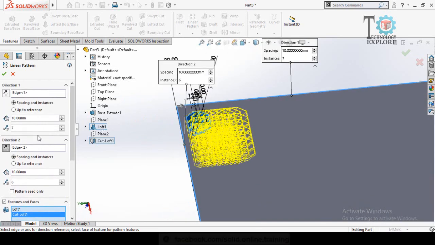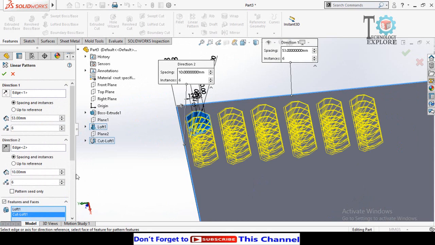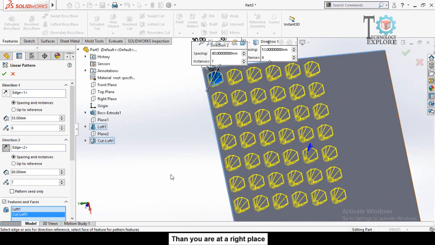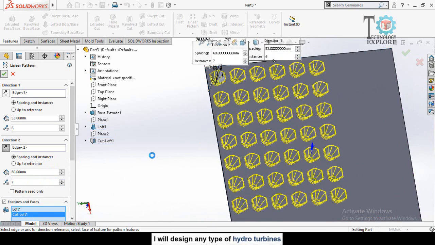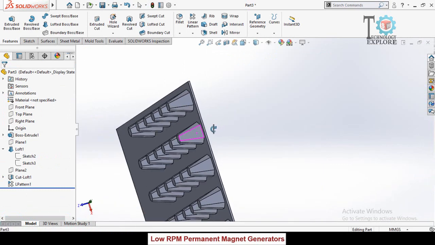So now for direction 1 we have to make 53 millimeters away the instances and the quantity is 6. And for direction 2 the distance is 60 millimeter and quantity is 7. Now press OK button. So now we have to make another loft quite similar to this side, but for the